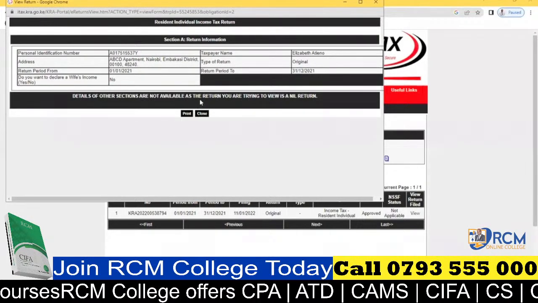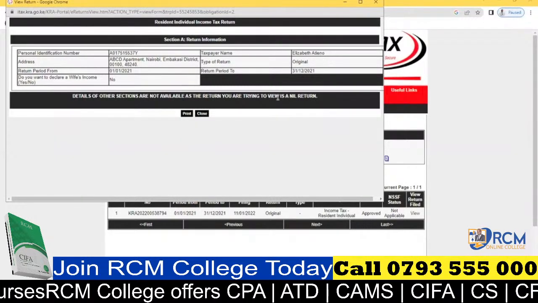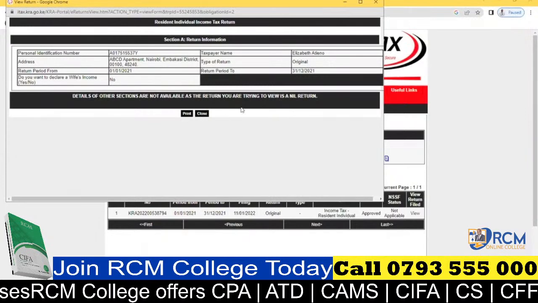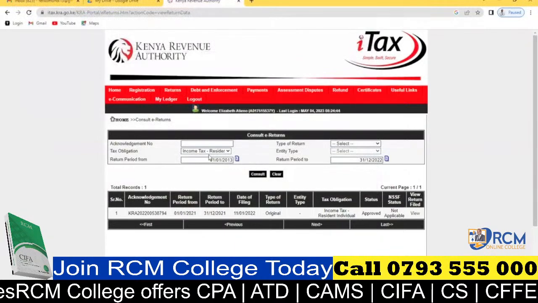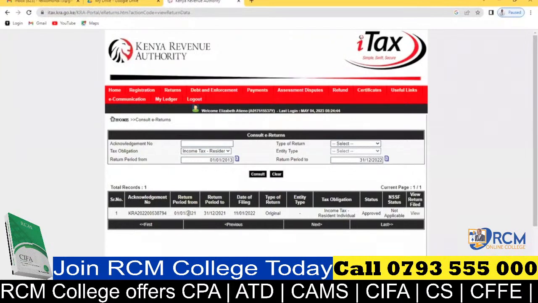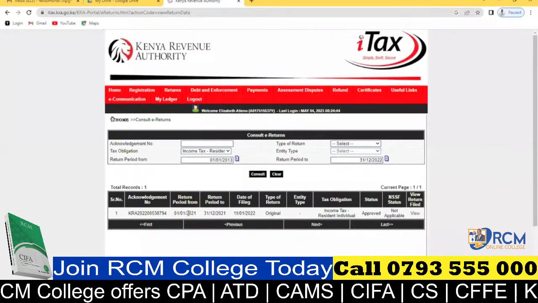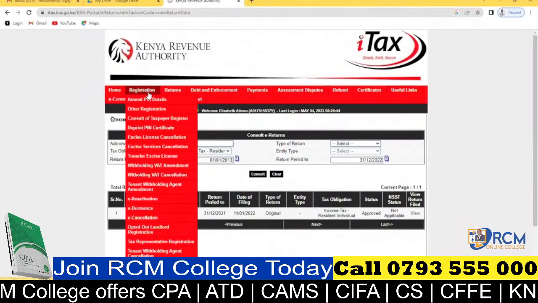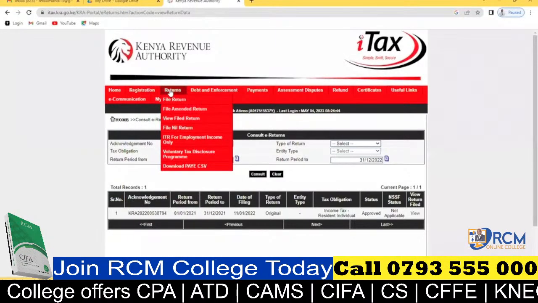Details of the sections are not available as the return you are trying to view is a nil return, meaning the person did not earn any income in the year 2021. So that's why the person filed a nil return. If you want to know why the person started filing from the year 2021 and not 2020 or earlier, you simply come here to this button of registration, which I'll handle later on. And when you come to the registration button,